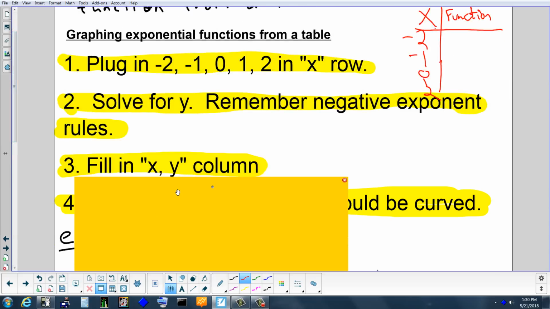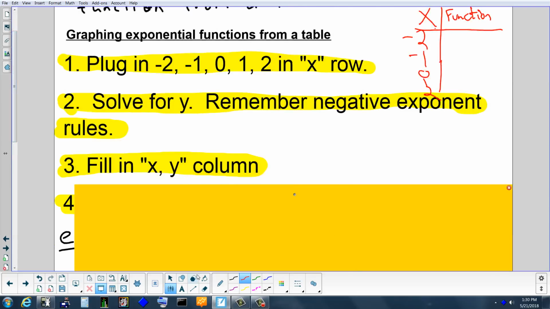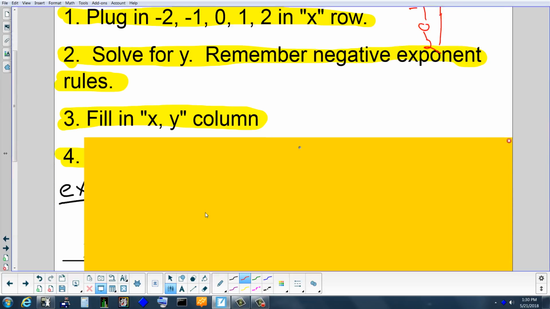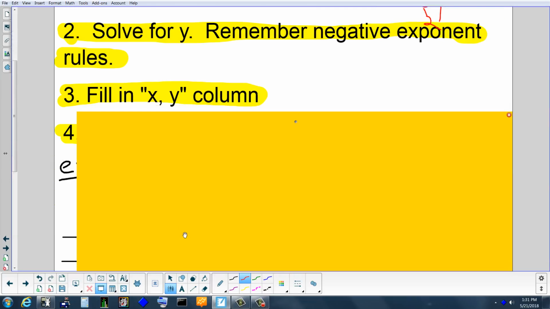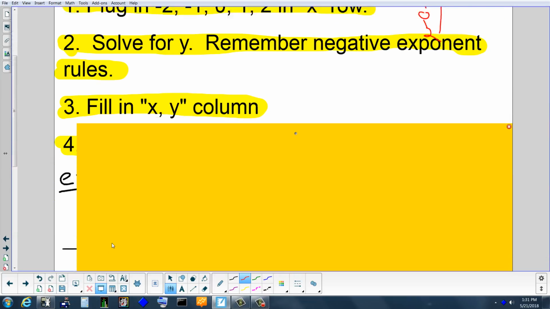Third thing, once you plug in x and get those answers, those are going to be your y's. That'll be your y column. I should say, it says fill in your xy column. So the x, you already have: -2, -1, 0, 1, 2. Each of those is an x value. Your y value that you need to finish the coordinate will be whatever you get after you plug in x as the exponent. It'll make more sense as we go through it. And the last thing,